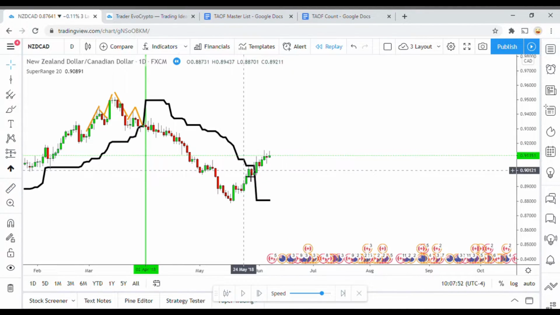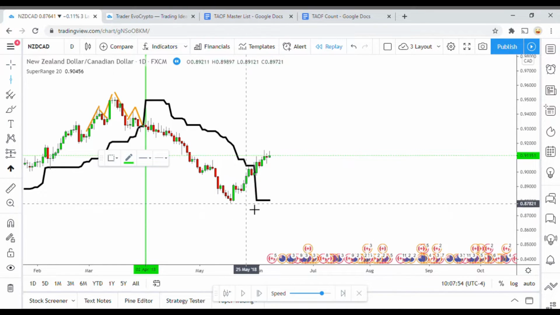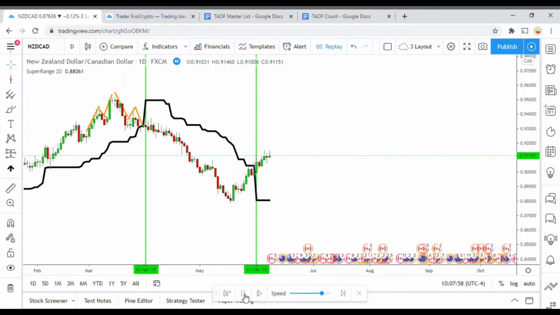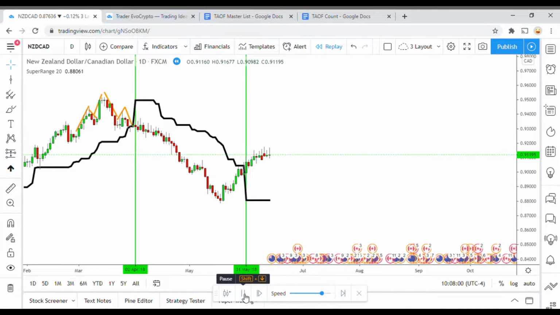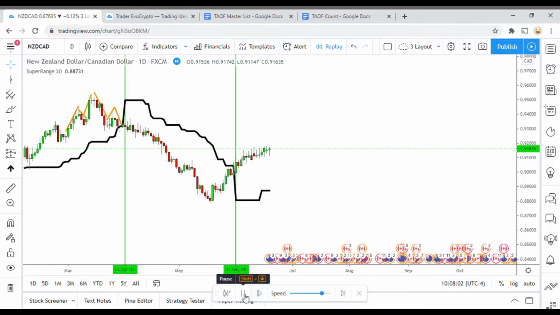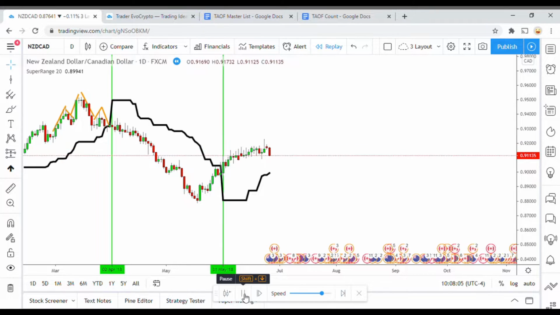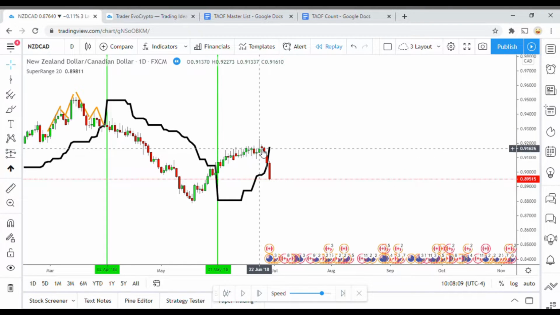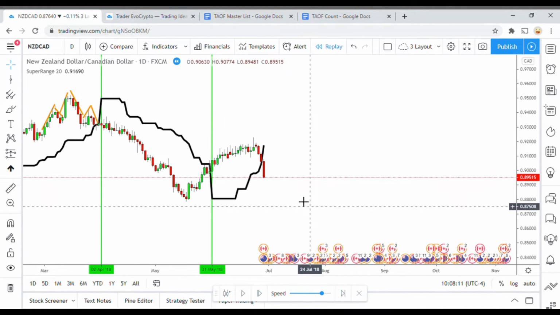It does appear as though it hit 60%. So that would have been a winner on that one. All right, we're pushing up, pushing up, pushing up. A strong drop out there,